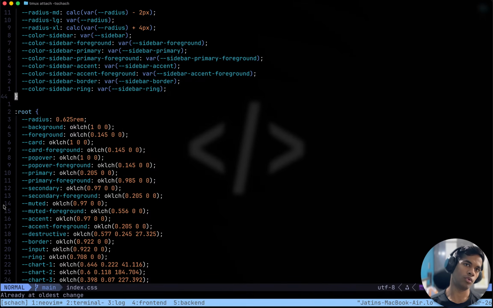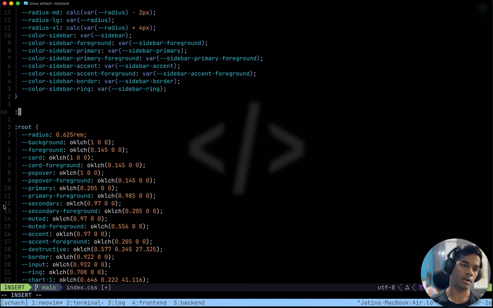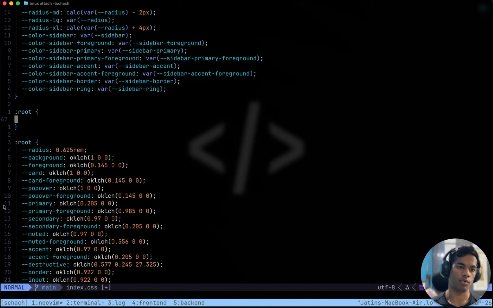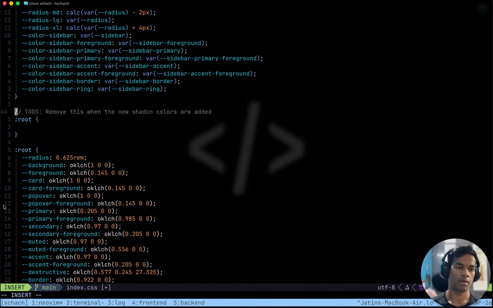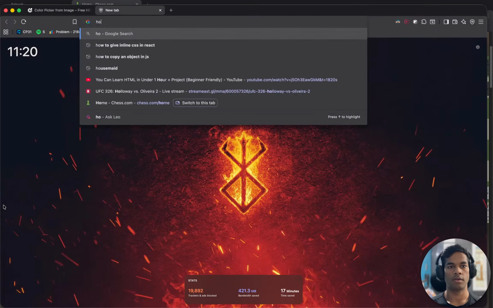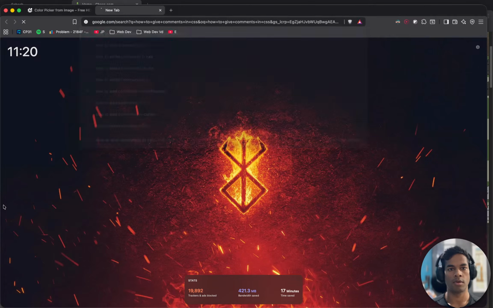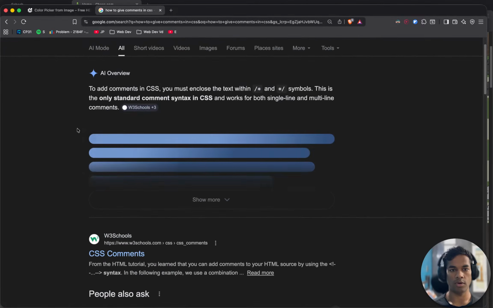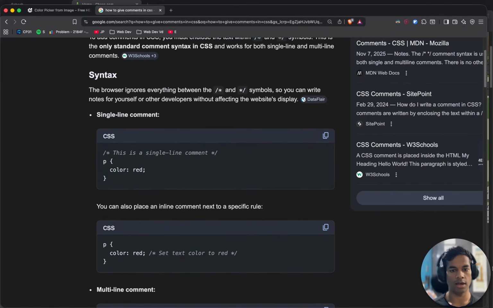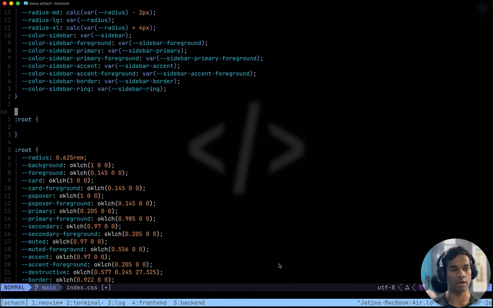If we have two roots, then I think it is fine, no problem. Okay, how do we give comments in CSS? How to give comments in CSS? Can we not give comments in CSS? We can, using this syntax. Okay.